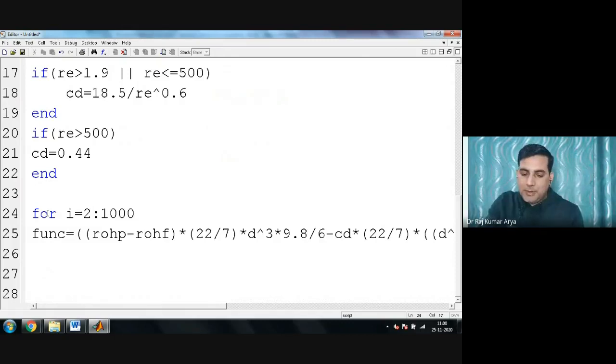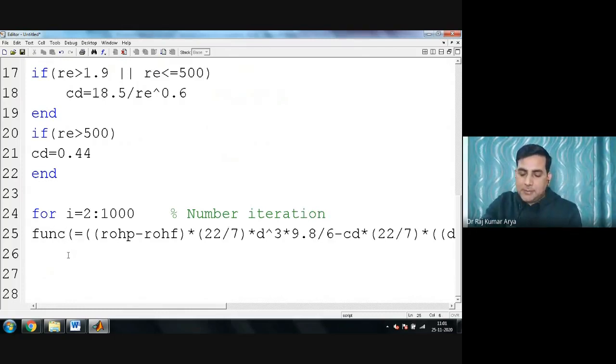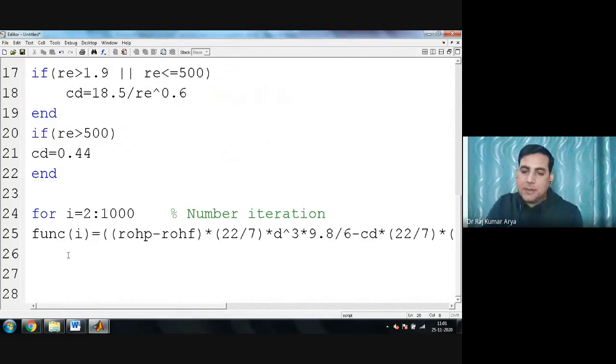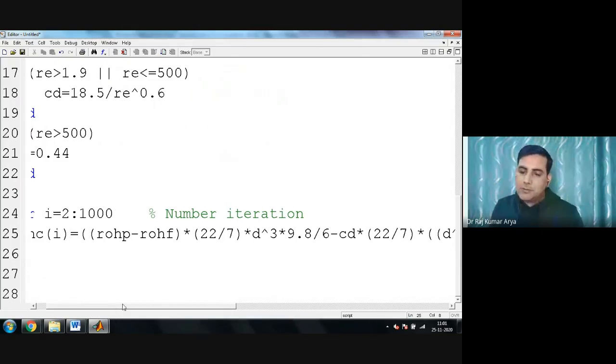So I will put here a command for the number of iterations. I'll put here something in terms of I also. So I put here I. If I am putting here I, I will put this also CDI.